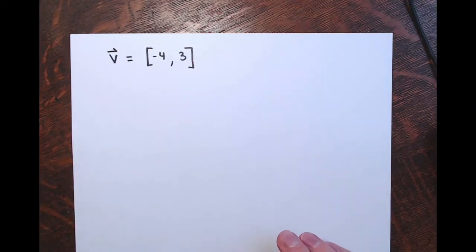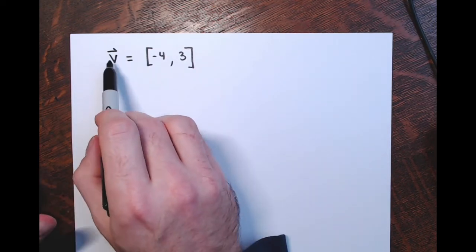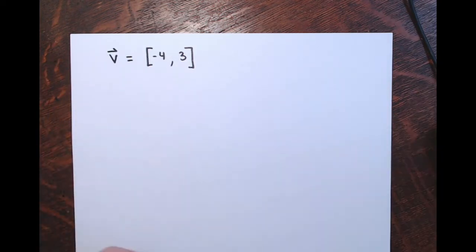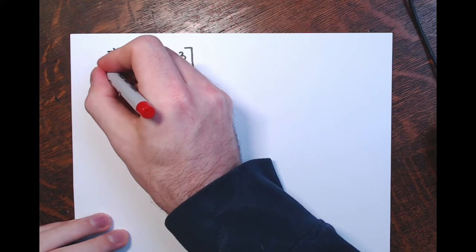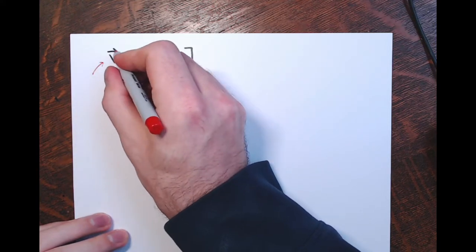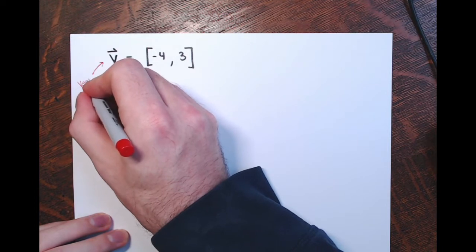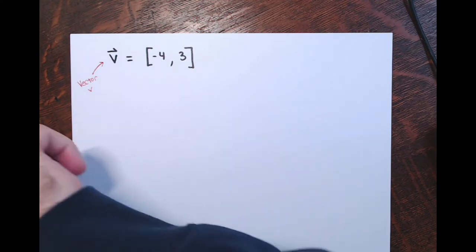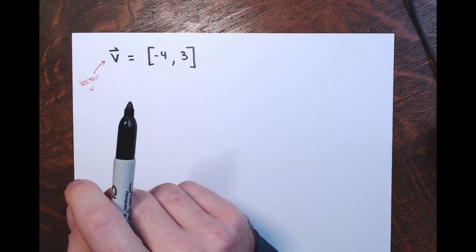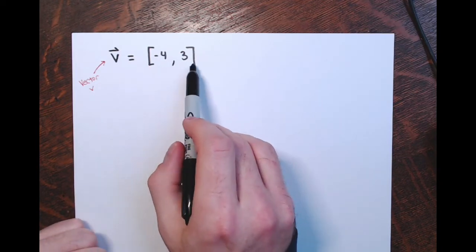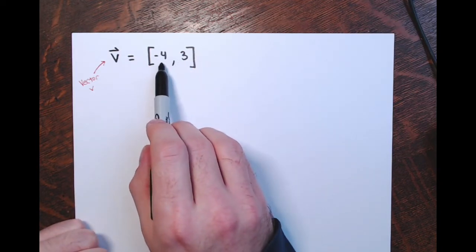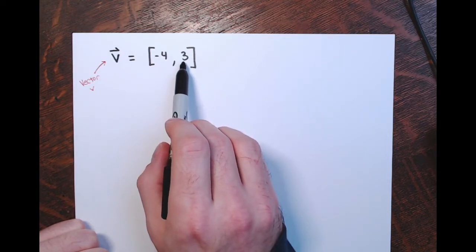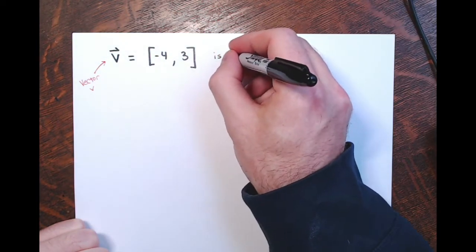Alright, so the first example on the activity is this vector. Now notice again I use this little half arrow notation. So if you see this on my paper, I got a letter with an arrow, a little half arrow above it. This is vector V, vector V, and then I'm gonna use the same notation they have. You see the little rectangular brackets on the outside. So you have the first component, -4, second component, 3, and this is a vector